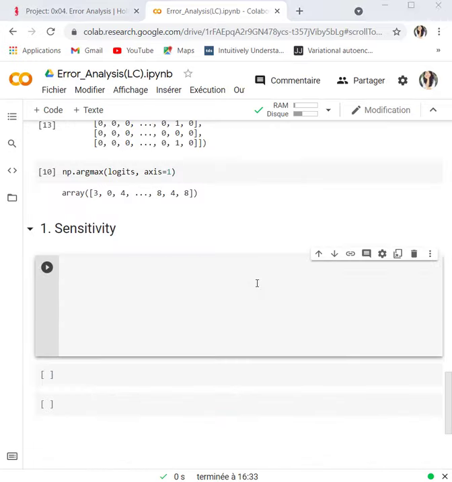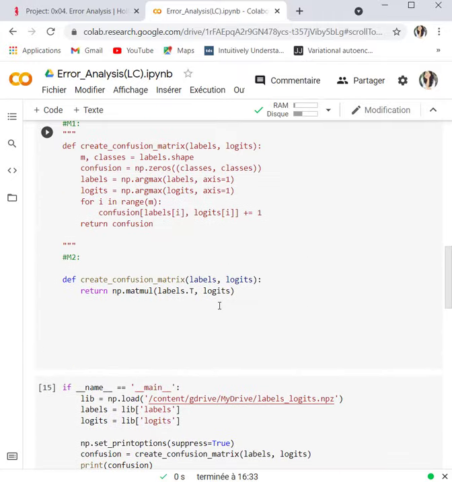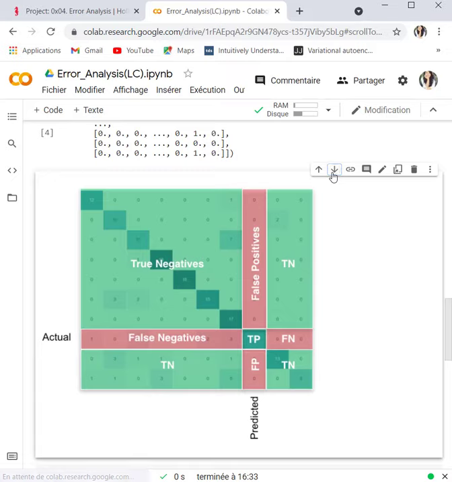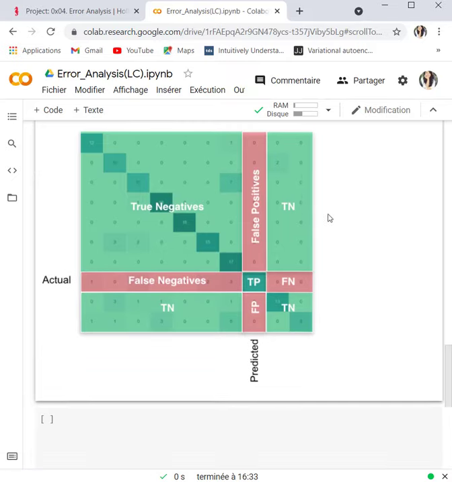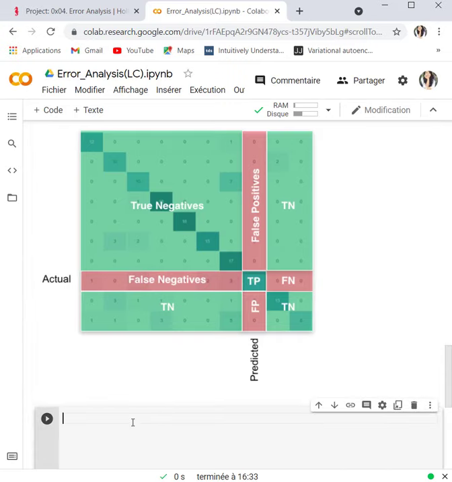Let's start with the true positive, which is the easiest one. The true positive is going to be, as you can see, the diagonal of my confusion matrix.